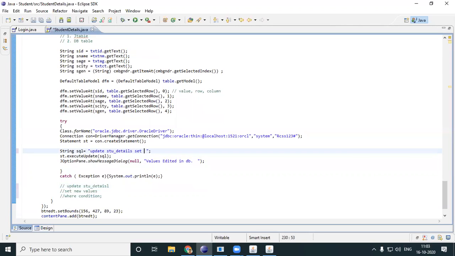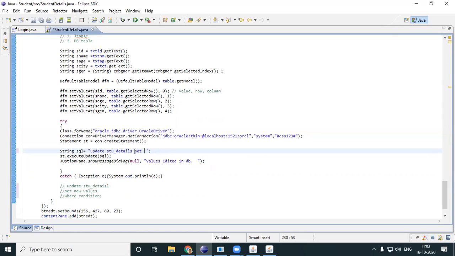Set. Okay, now look here, you will have to set all the values, because you never know which value the user is going to change. You have many text boxes, many combos, you'll have many things. You're not very sure which the user might change. The user might change something, might change everything, might change nothing.